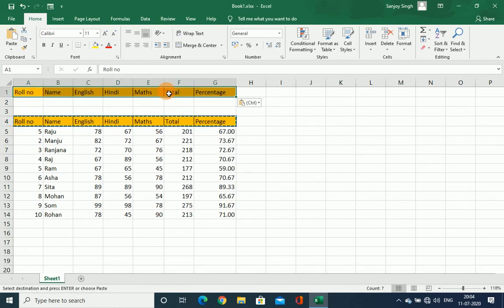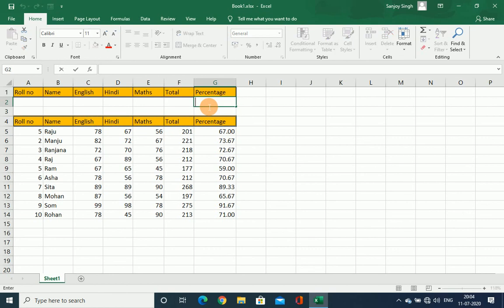Okay, so we got our column labels here, right? And suppose first of all you have to give the criteria. How to write down the criteria? Suppose percentage, I want to see the student who got 67% or 59%. So I'm giving the criteria as 59. I have given the criteria, so it will show the result of the students who got 59.